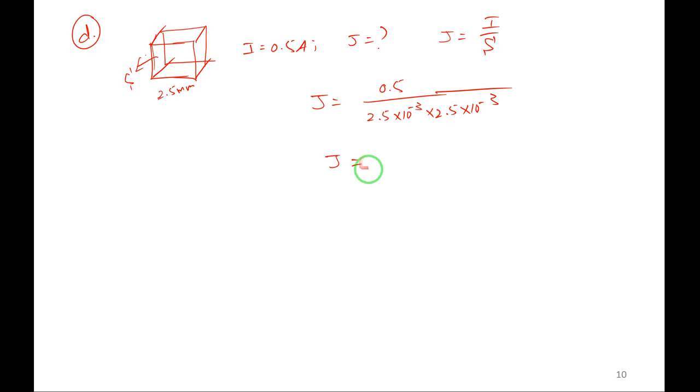Let me calculate this. 0.5 divided by 2.5 exponential minus 3 whole square. So I'm getting it as 80,000